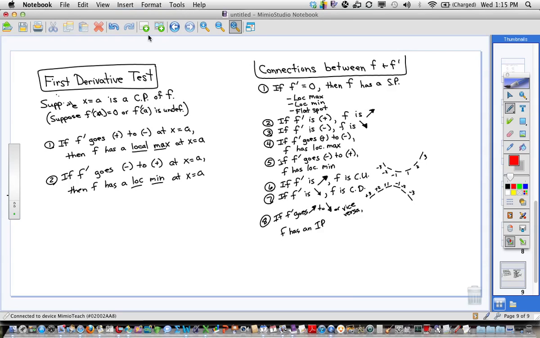Very good. Those are the connections between f and f prime. So what we have left to do today